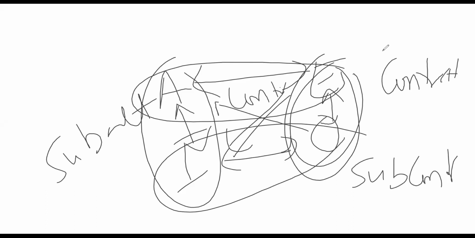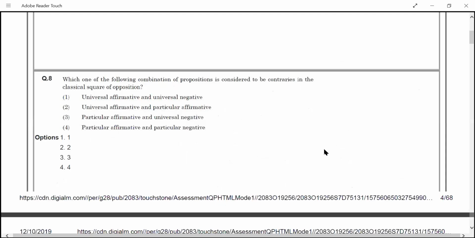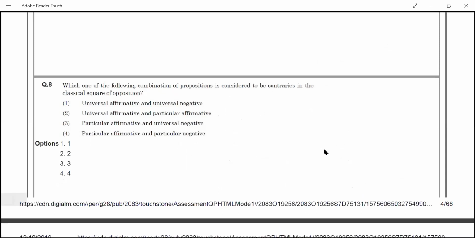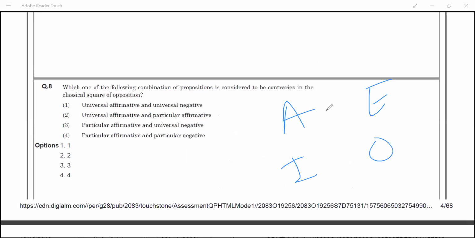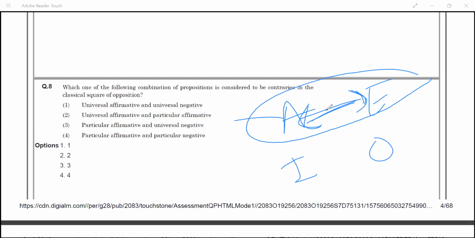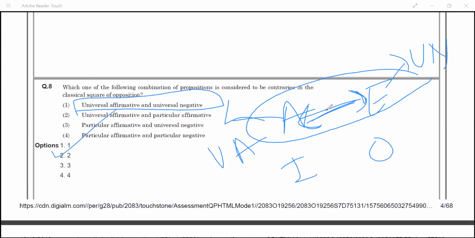So what is our question? Our question is which of the following combinations of propositions is considered to be contrary? So contrary are the upper ones, A and E. These two are contrary. And what are these two? This is universal affirmative and this is universal negative. So our answer would be the first. Next question is,